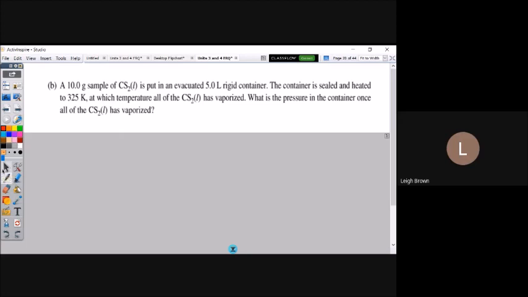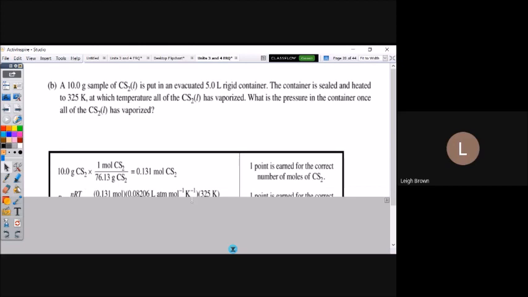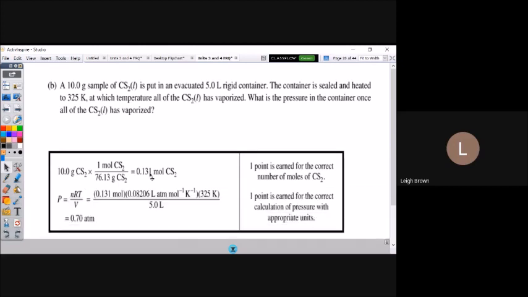See how you did here. The one thing I wanted to show you on this rubric: just changing grams to moles gave us a point, which is great. Solving for PV equals nRT gives us a second point. I did want to point out here, because they didn't specify what pressure units, you could have used the 62.36 and had your answer in torr. Here's the problem. Calculation of pressure with appropriate units. You had to have a unit on this answer. So make sure you realize that.